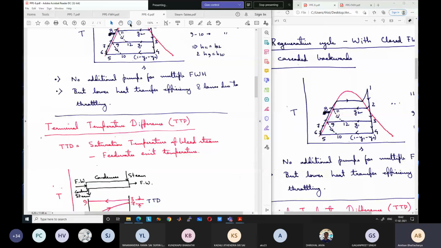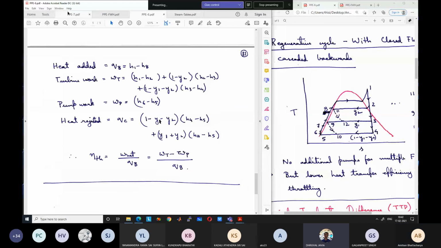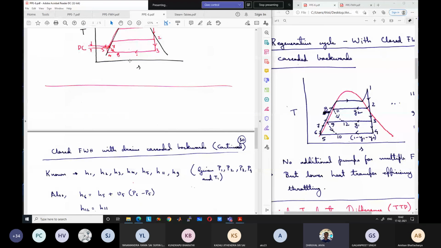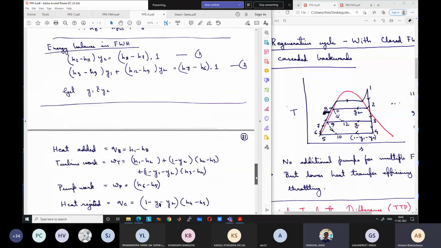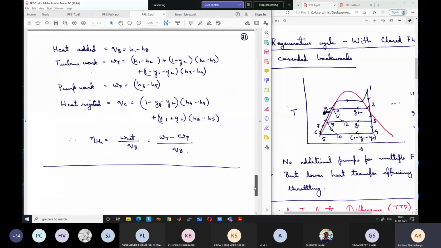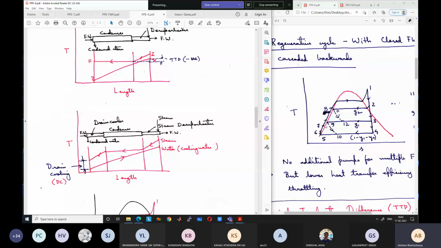Any questions? Yes, is the drain cooler only used to increase the heat transfer, or is there some other use? It is for increasing the heat transfer. It is not always used also. In case it is used, it is for heat transfer, but you cannot increase it indefinitely because the temperature has to be larger than the temperature at the input. And the throttling process also becomes slightly difficult because you are starting throttling from liquid water state.